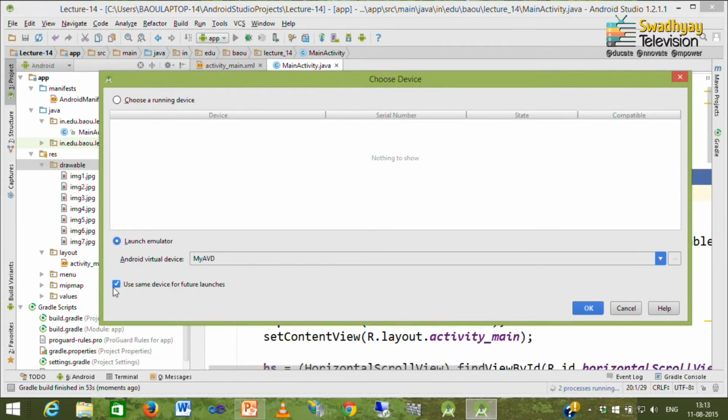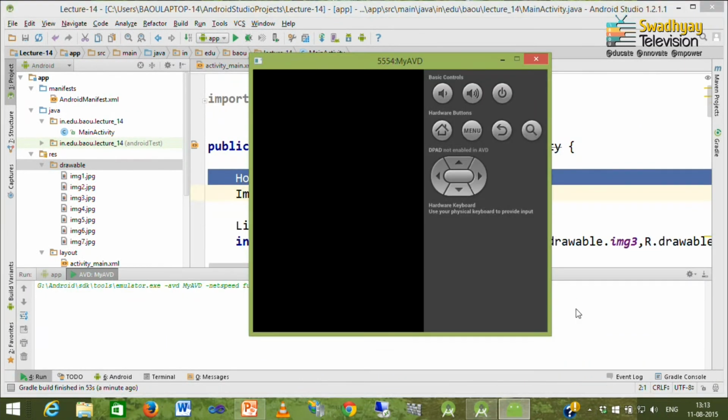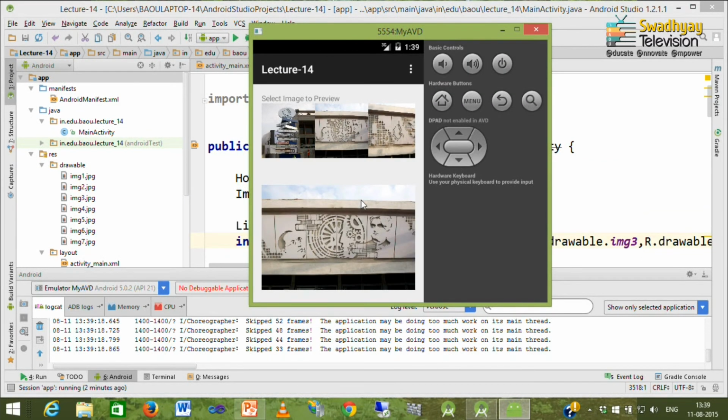And remember, this button should be checked, so that it will use the same device for future launches, and then I press OK. So, it starts a new emulator. Remember, if the emulator is started for the first time, it will take a certain time to completely start your application.